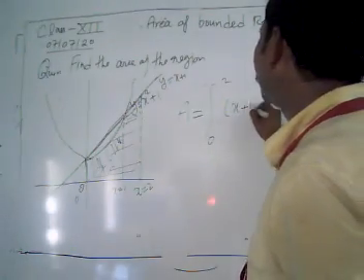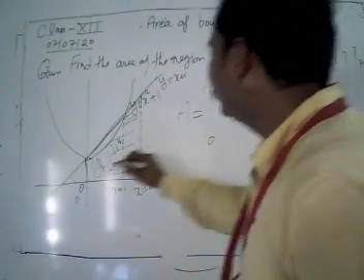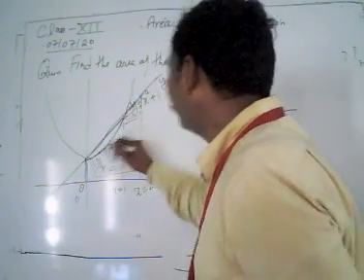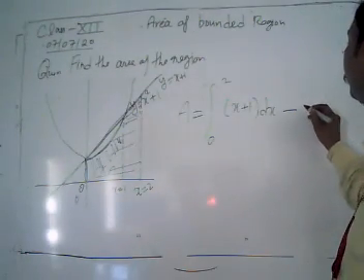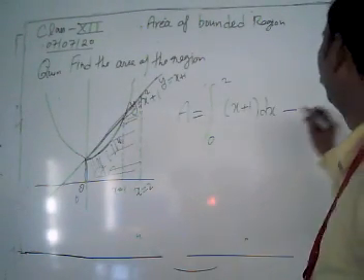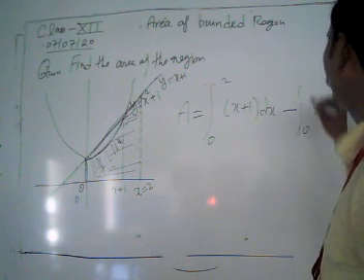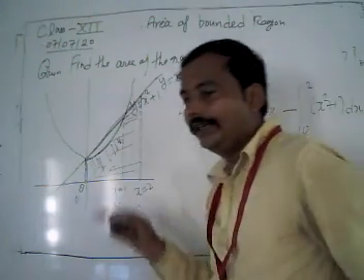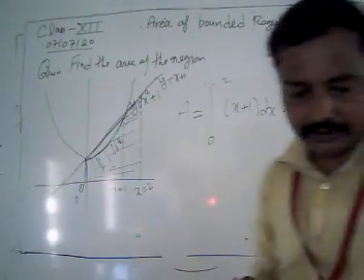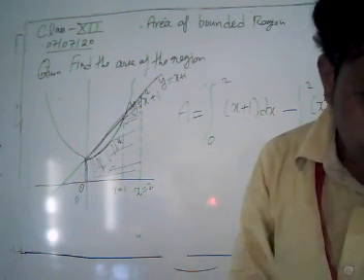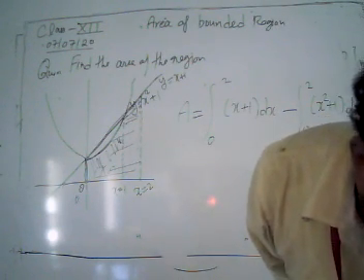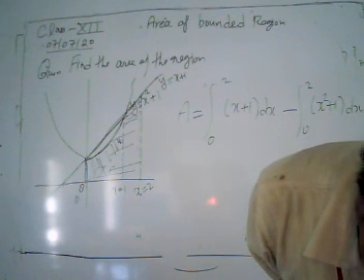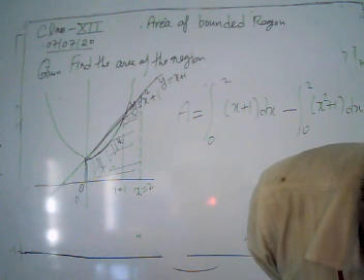Here we get the integral of x plus 1 dx, minus the area met by the curve, our parabola, y is equal to x square plus 1, from 0 to 2. Now we get the limit and the points. First of all, note that this is one of the important problems asked in boards. We have to find the area between the region y is equal to x square plus 1 and